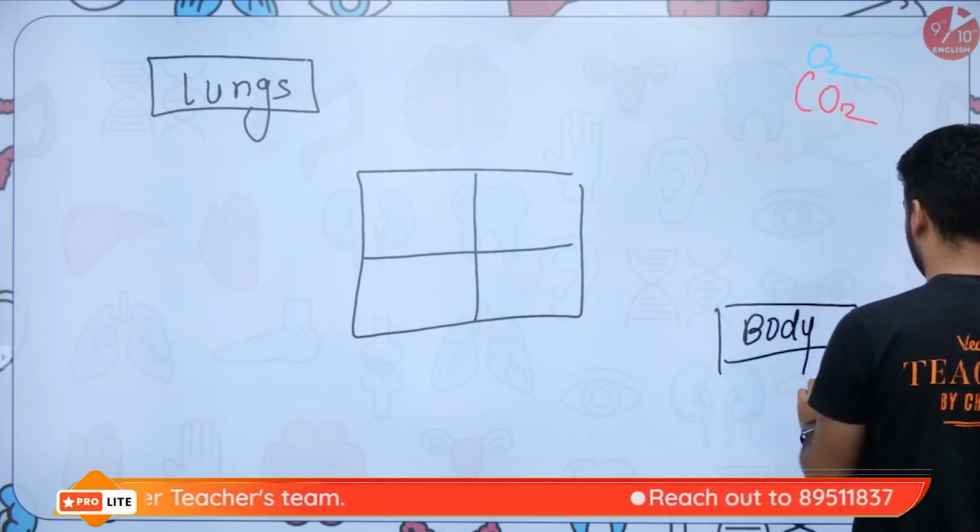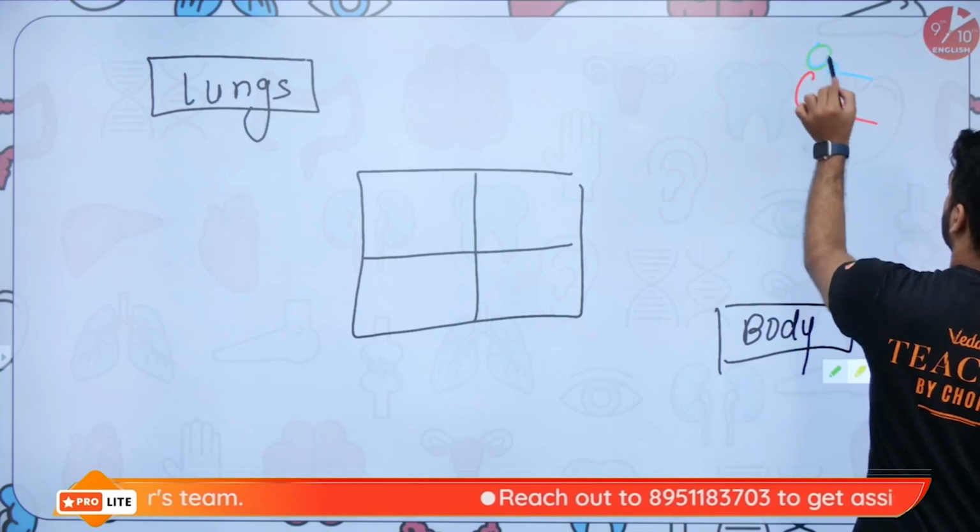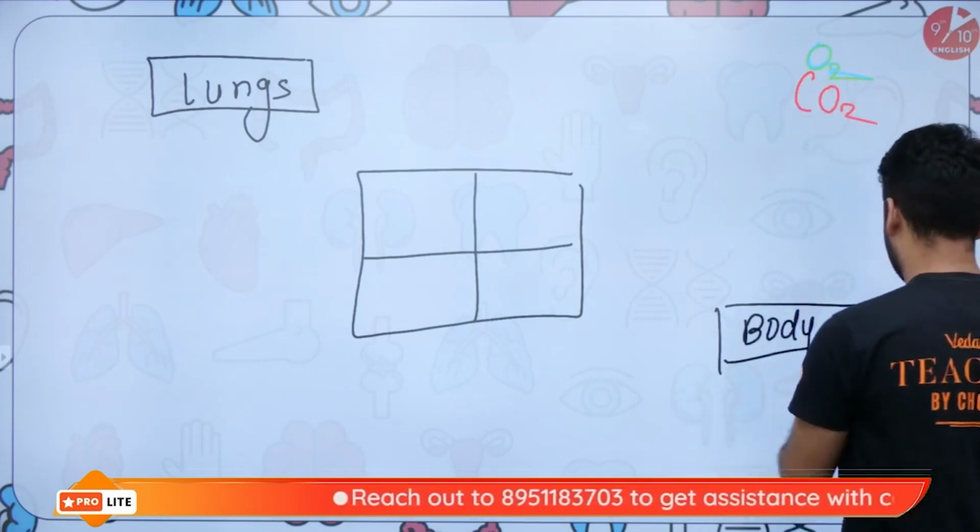Okay. So I'll take green for oxygen so that it's visible. Okay? Now,